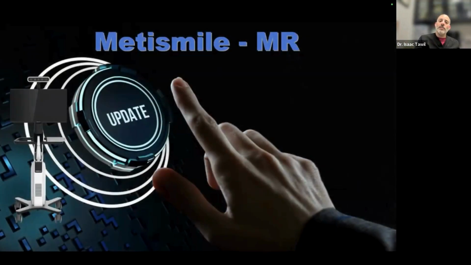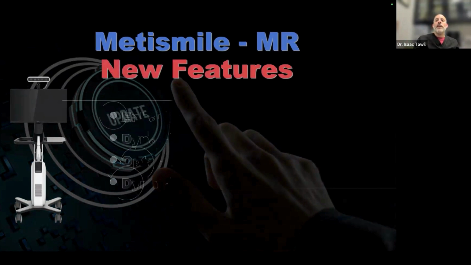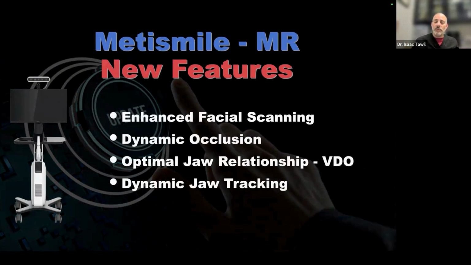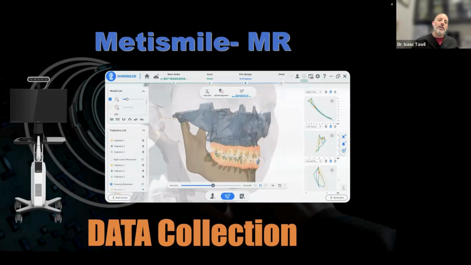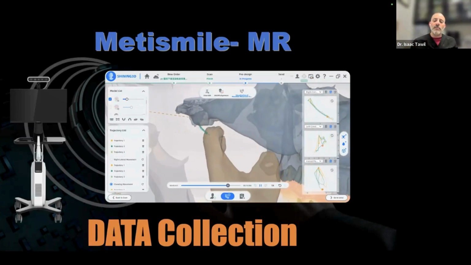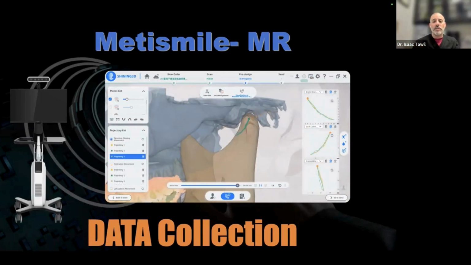A new added feature that is coming out next month in July that you should be aware of is the ability to do mandibular jaw tracking with these cases. We are now able to do dynamic occlusion, vertical dimension analysis, and dynamic jaw tracking. Since we have all these scans, we can overlay the facial scan to the intraoral scan and the CBCT and put the patient through movements so we can analyze the condylar position. This was only available through a couple of select devices that cost tens and tens of thousands of dollars. Now this can all be simplified in simple software, all bundled in one for a much more affordable solution. And we can actually track the position of the jaw.